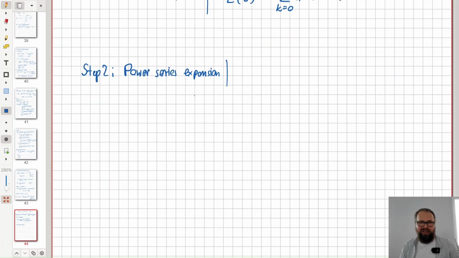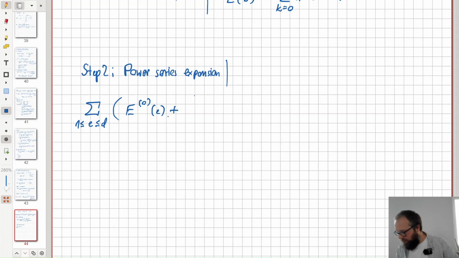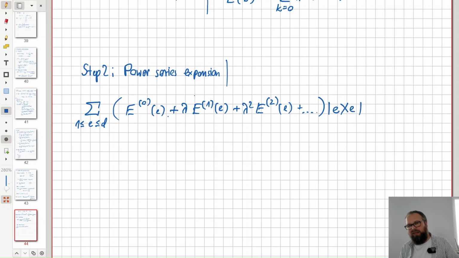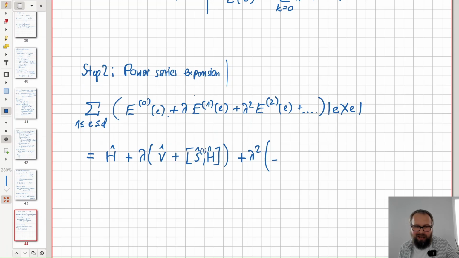which in our case leads to the following expression. E minus D1, E0, E plus lambda E1, E plus lambda squared E2, E plus and so on, projector, equals H plus lambda V plus S commutator with H plus lambda squared S1, sorry, S1, first order,